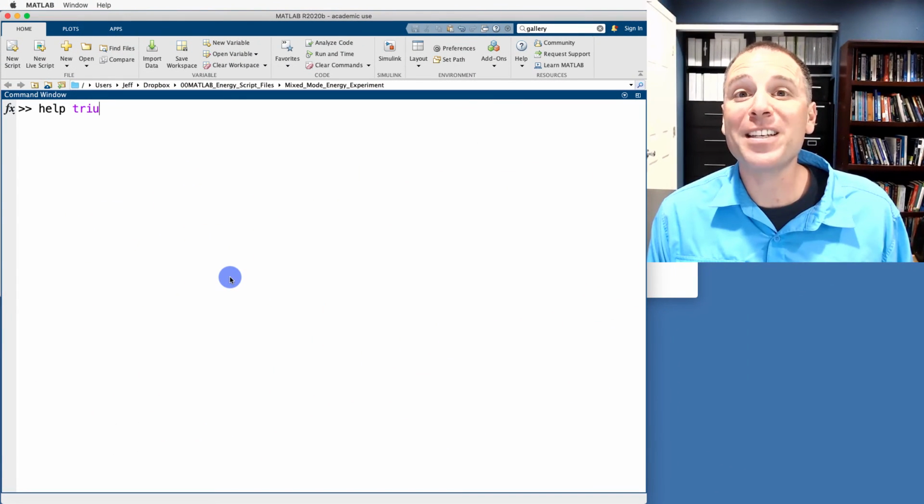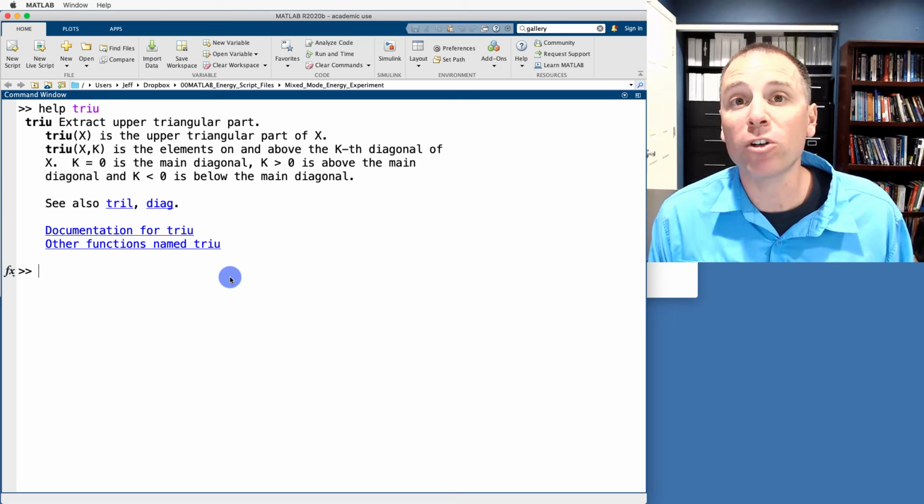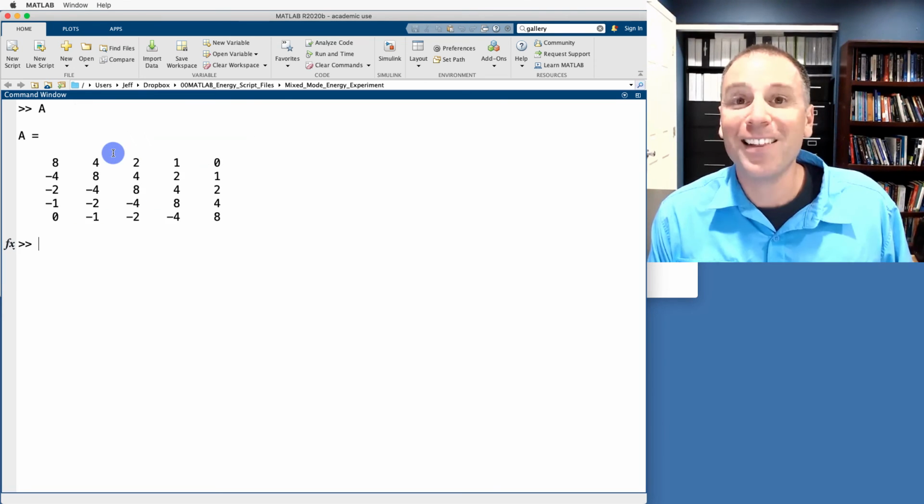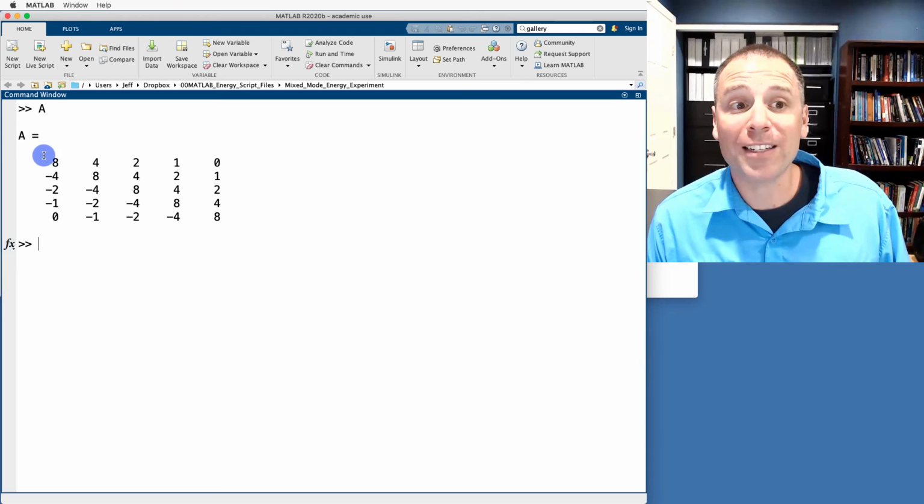Just like we had the TRIL, or the lower triangular function, we also have the TRIU for upper triangular function. This function allows us to extract the upper triangular part of a matrix. We could also do so with the band parameter. Let's take a look at how this plays out in practice. Let's go back to our 5x5 matrix defined by the bands that we had previously.